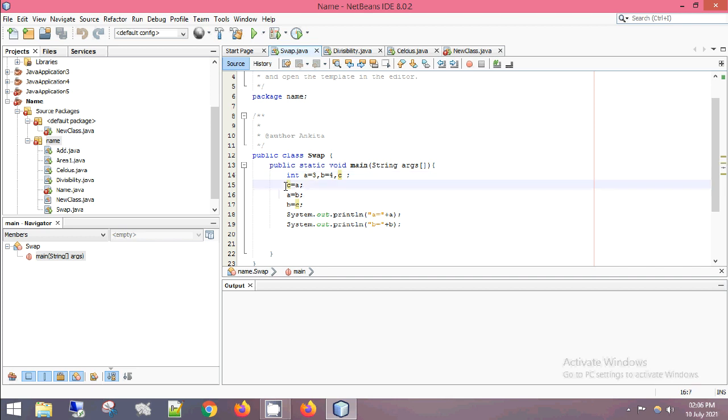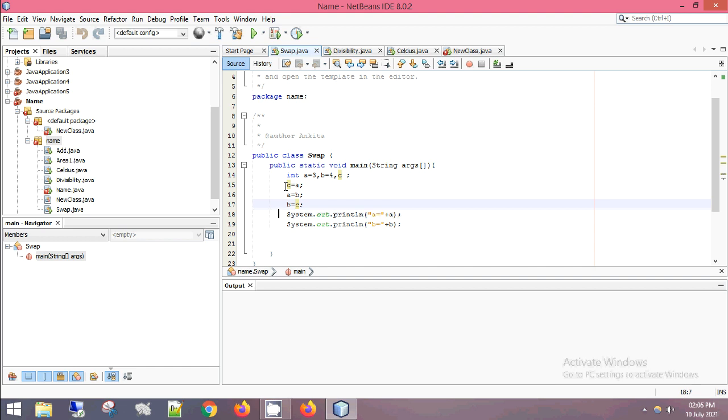Then a will be empty, so a can store the value of b, so a will be equal to 4. And then in b the value of a will go through c. What is stored in c will be assigned to b. So b is equal to c means b will be containing the original value of a, so b will be equal to 3 now.